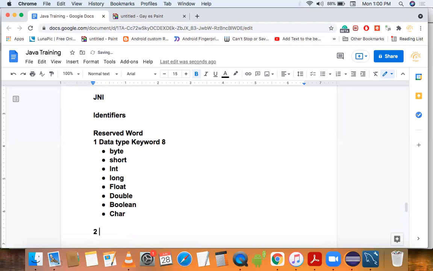Second, flow control keywords. These are around 11 keywords.